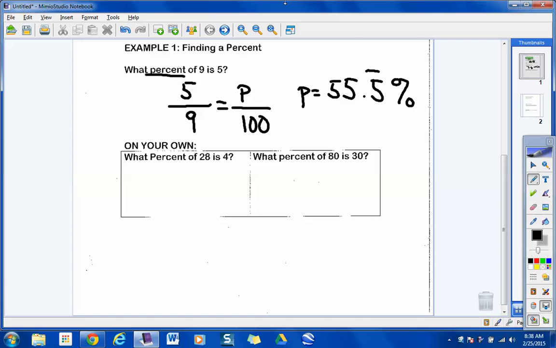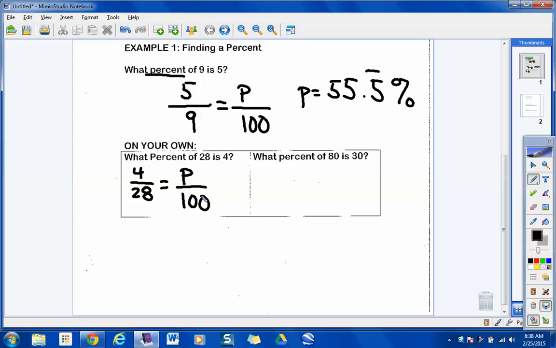All right, sounds like we got a little commotion going on up here. So I guess I don't really want the answers right away. I'd like to know how you set the proportions up first off. Okay, so the first one, Chelsea, help me out. I put 4 over 28 equals, and then I put the percents on. Okay, real quickly,